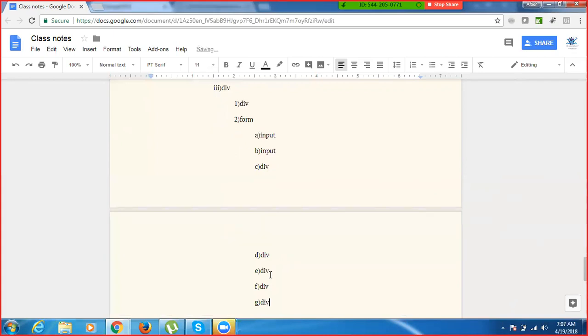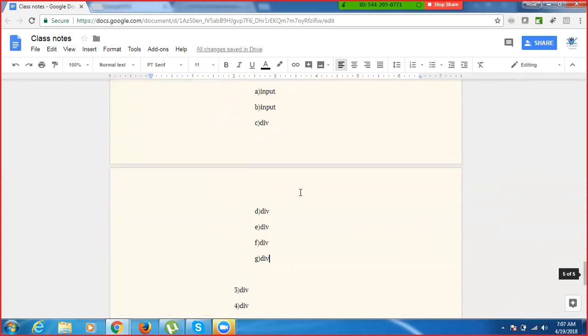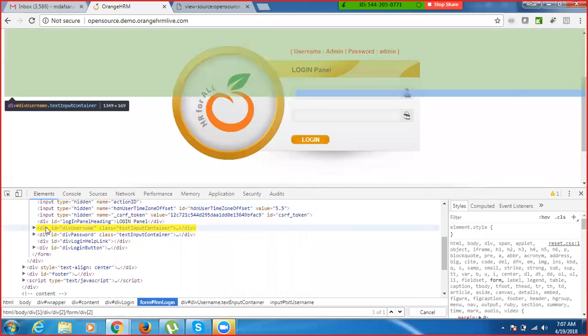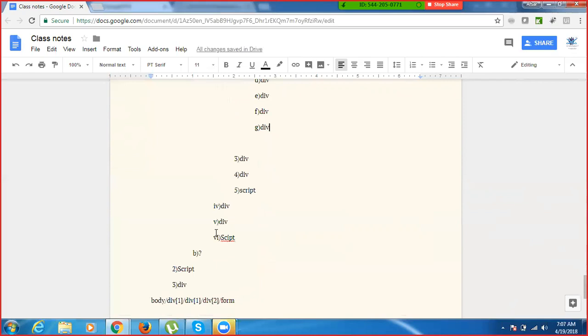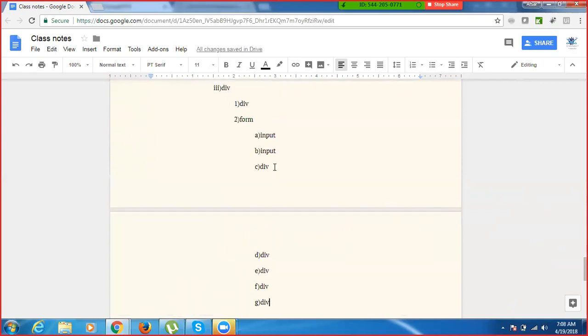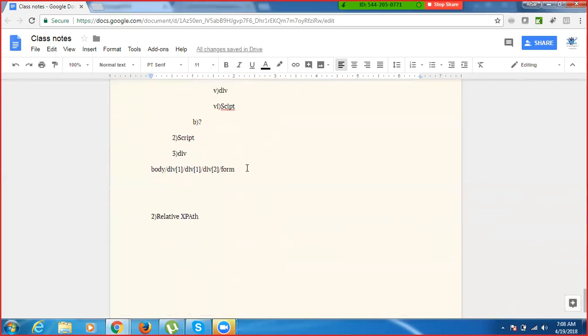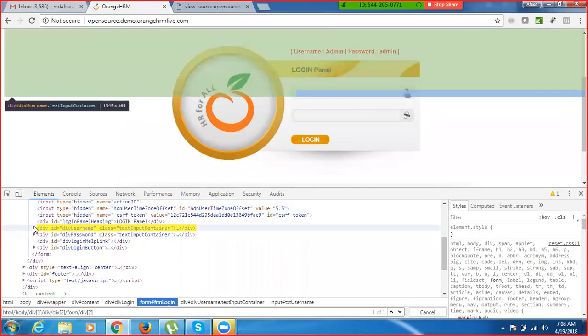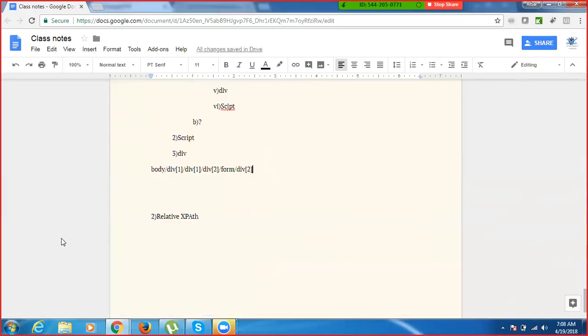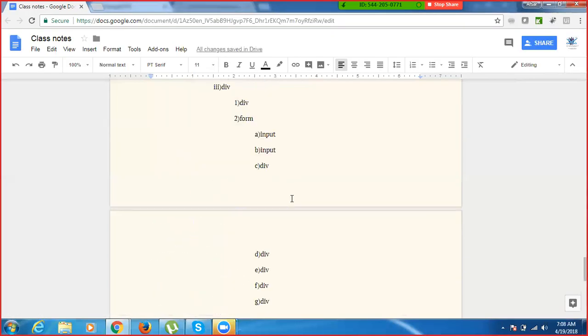Fine. Within this, which div is being highlighted? Div 2 only, right? So we need to select div 2, and here this one. That means div 1. This is my div 2. Inside div 2, I need to go to input. Div 2 has two things. In div 1, div 2, this one, it also has two things. The input,